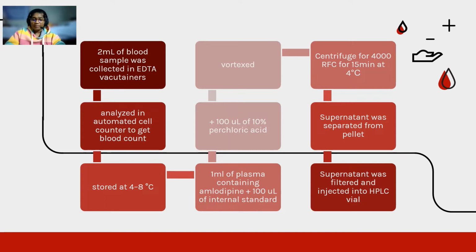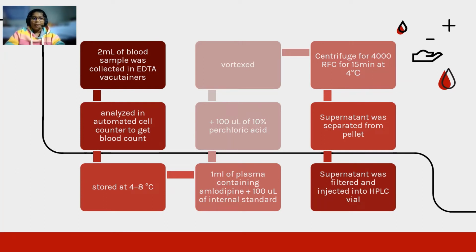Later, the sample will be stored at 4 to 8 degrees Celsius. So when you want to run the sample in HPLC, 1 ml of plasma containing amlodipine will be added with 100 microliters of internal standard. Amlodipine is a calcium blocker, and internal standards are used to determine the concentration of other analytes by calculating the response factor. Then the sample is added with 100 microliters of 10%